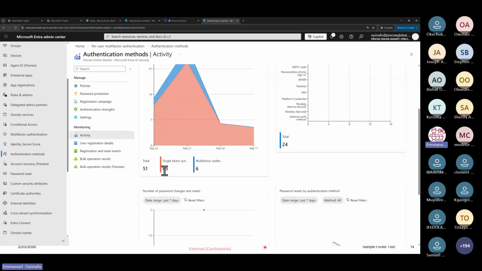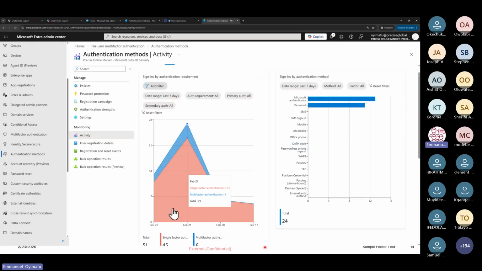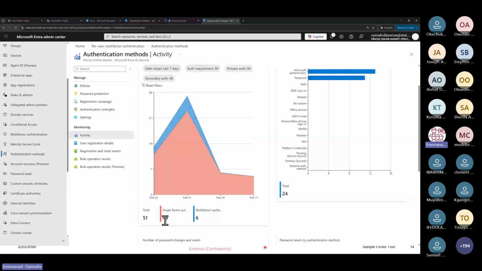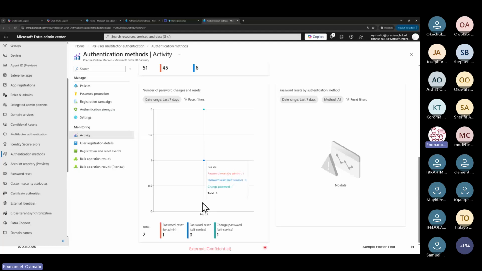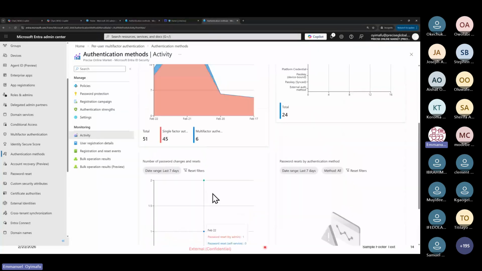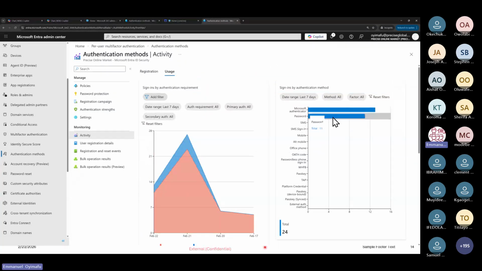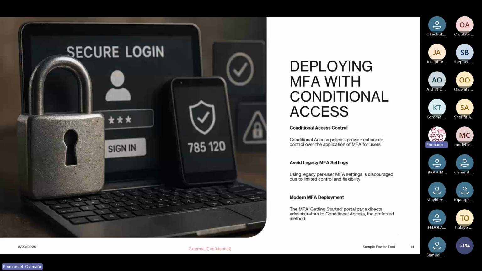So you can see in my own environment now, most of my users are using single factor. But this is not the production environment, it's a test environment. In a production environment, anybody is not supposed to be using single factor. Everybody is supposed to be using multi-factor authentication. So this can give you the graph of where you will see the settings, what people are using and all. So let's come back to our lab, our demonstration.